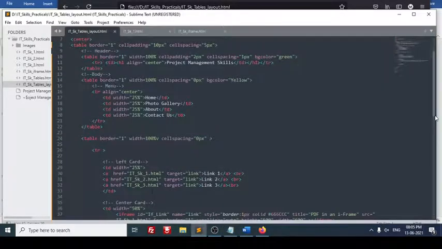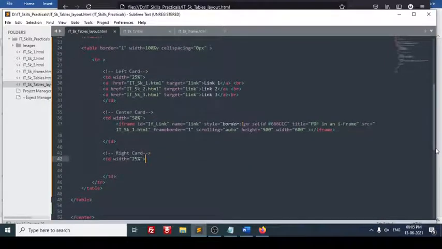See, I have named it center card, and in that I have placed an iframe. We have taken only 25 width. In case you want multiple rows for this, you can set up multiple rows also. So this is how it is done.